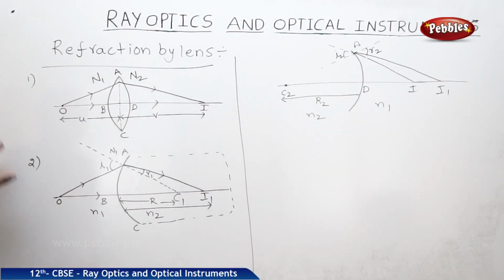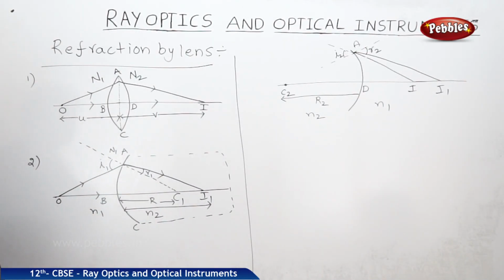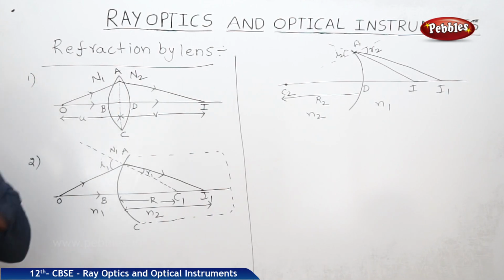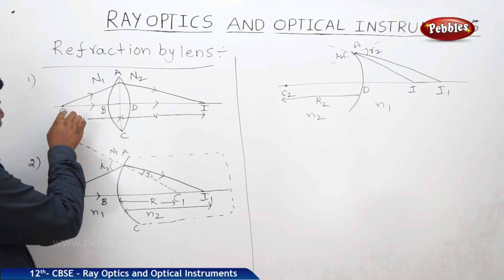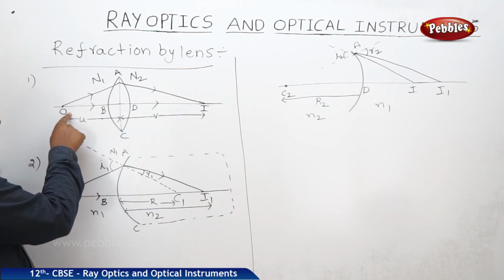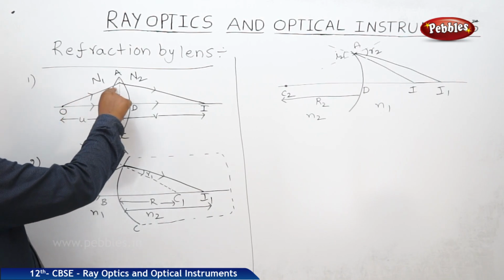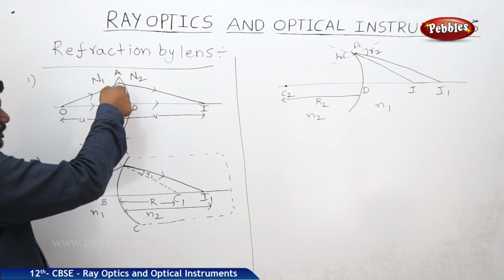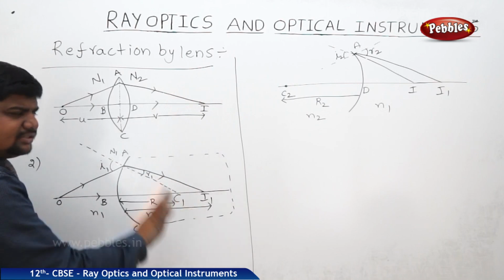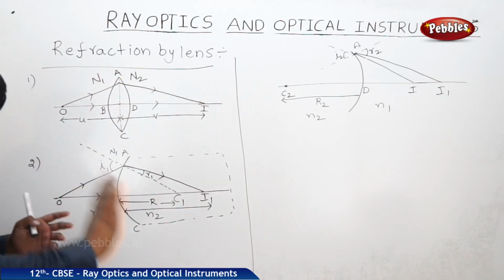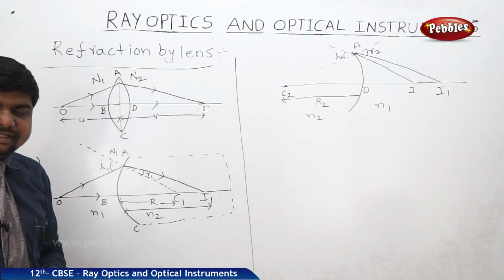So here, three diagrams are given which provide information about the refraction by a lens. See, this is a convex lens. An object is placed at O, it gives an angle of incidence, and with respect to the aperture of the lens, it is refracting and forms an image. This is the actual mechanism which really happens in lenses.